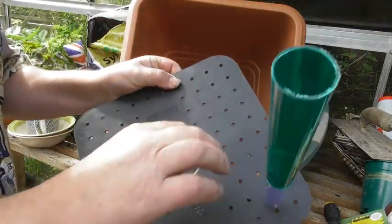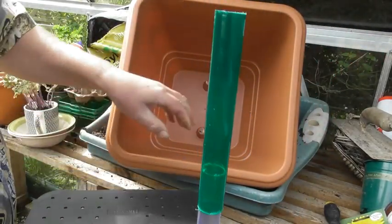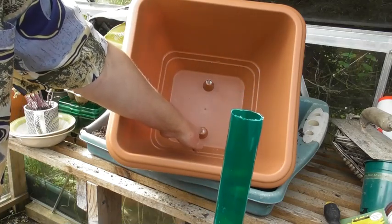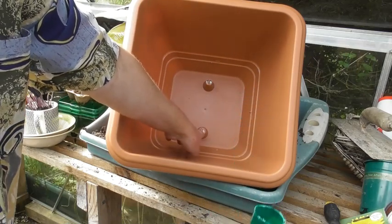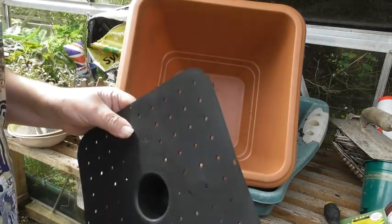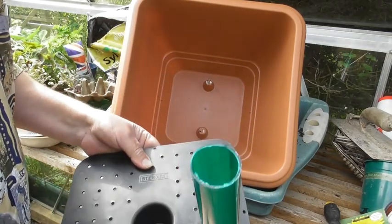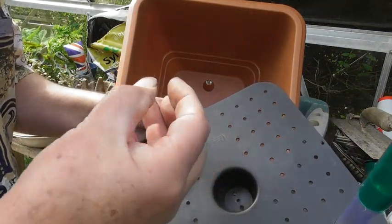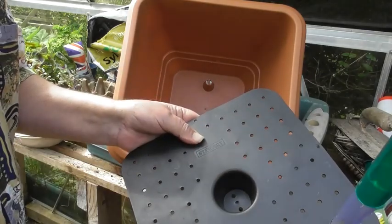of arrangement with a pipe, and in here you're going to have a reservoir of water. When it gets too full, then the water can go out through these two holes here, and then the idea is that the compost that ends up in this little area here pulls all the moisture into the plants, so the plants take